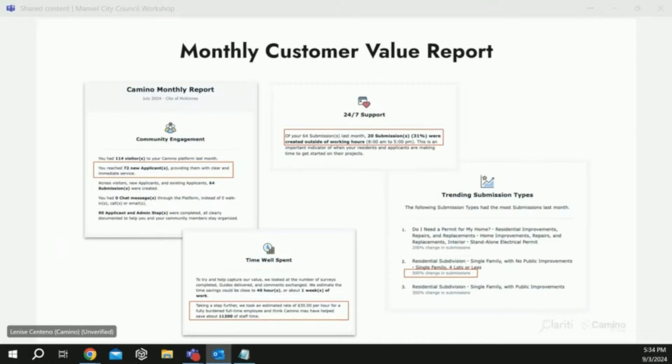You get to see the amount of hours that staff save through the Camino guide, and we also put it into an actual dollar amount. And so this info is sent every month after you go live, and that'll be sent out to the development team. It's a great way to track the progress and see the value that you're getting out of Camino.